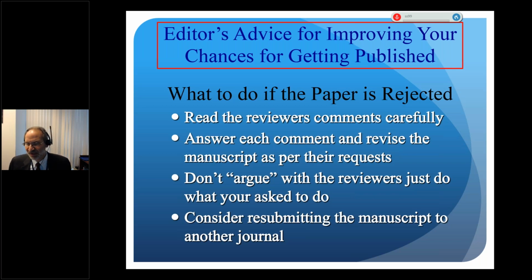You can very politely say that the point you're asking me to change, I believe, is not the right change. I want to keep it the way it is for the following reasons. And I'm the final arbitrator of all this, and I think that's okay if you make a good point. But if the reviewer says change something, don't say, no, I'm not doing it. You're wrong, because that's not going to be helpful.